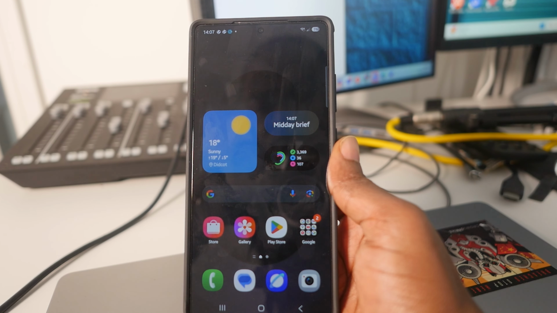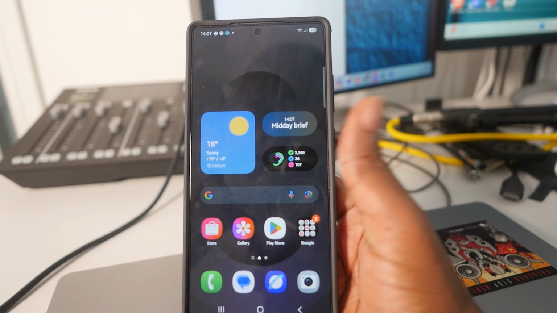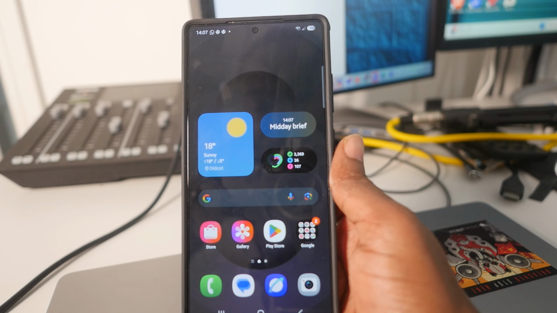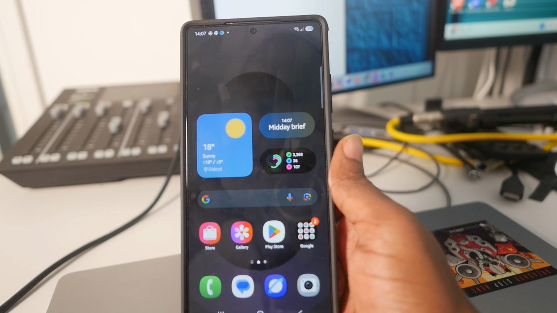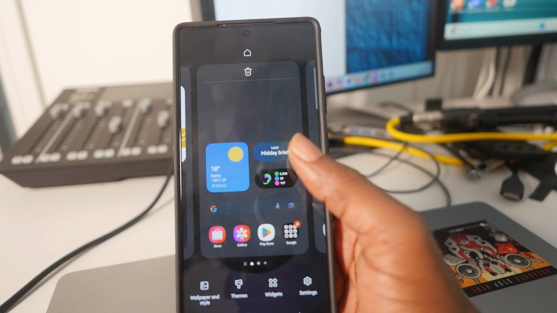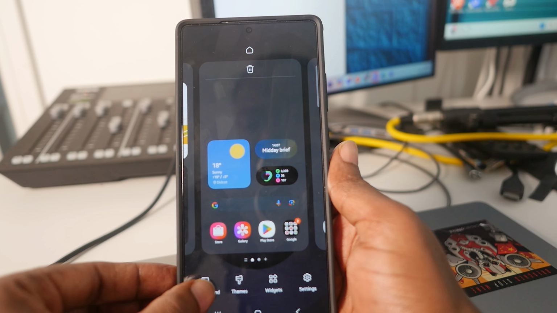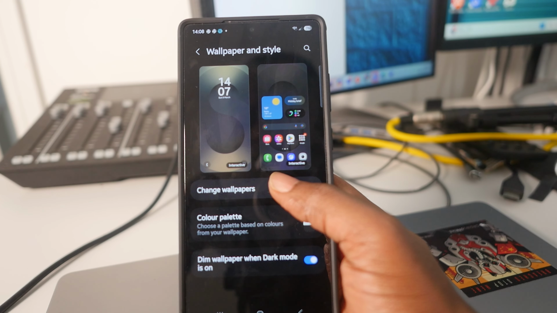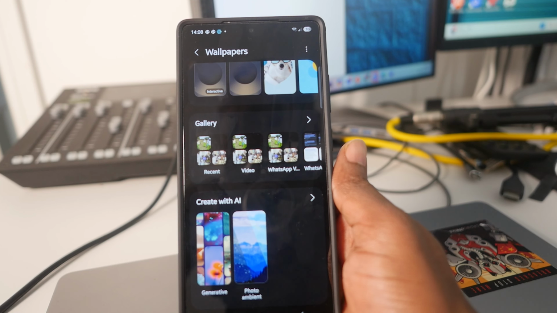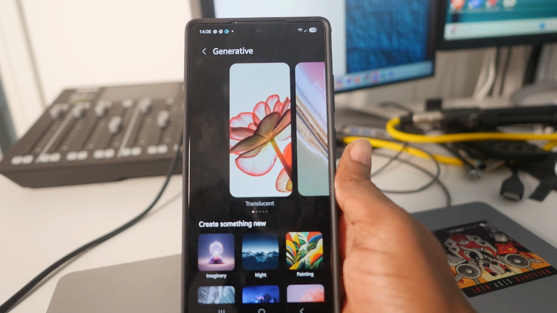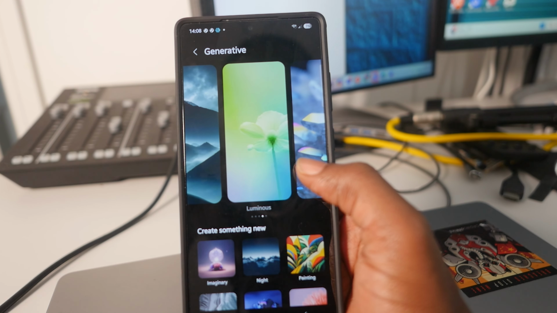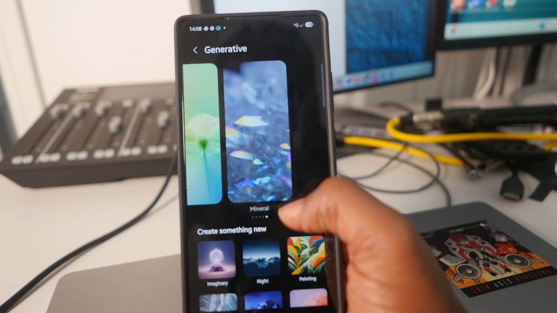Alright, so next is to make your phone super unique. So whenever you purchase a phone, all the phones will come with the same wallpaper. So to make it more unique, there's a way to use AI to do this. So on the Samsung S25, just tap on your wallpaper and then click on wallpaper and style. So once you click on that, click on change wallpaper, and in here, when you scroll to the bottom, there's create with AI. Click on generative, and here you have some themes you can actually use in terms of what you want to create. So for example, if I want to create something with minerals, I can simply click on that,